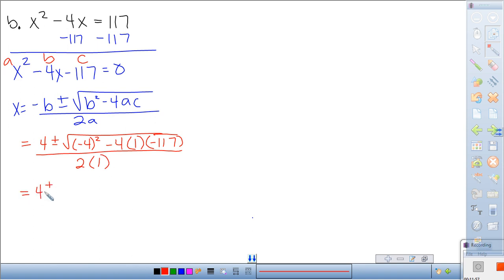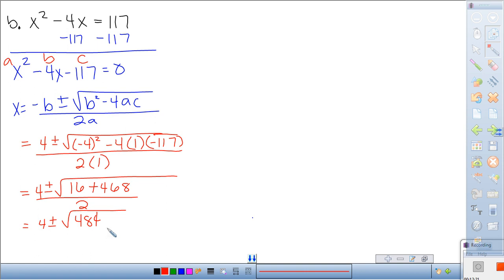Again, we take care under the radical first. Negative 4 squared, that's positive 16. Then we have negative 4 times negative 117, which is 468, so plus 468, all divided by 2 times 1, which is 2. 4 plus or minus the square root of 16 plus 468, which is 484, divided by 2, which equals 4 plus or minus, the square root of 484 is 22, so 22